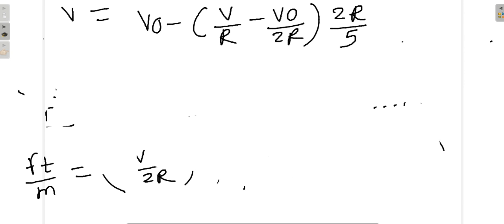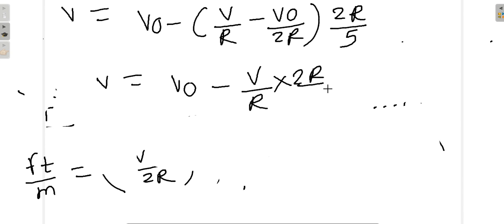Okay, so v is equal to v naught minus v upon r into 2r by 5